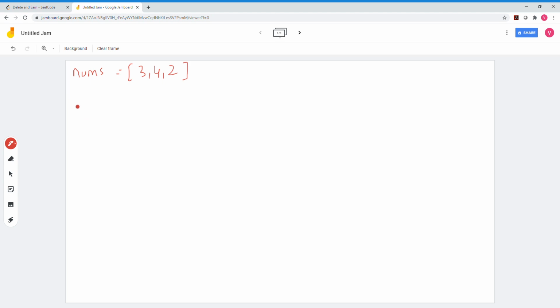I will define another array count. Basically, count of i signifies the count of value i in nums. So let me build the count vector for this array nums.